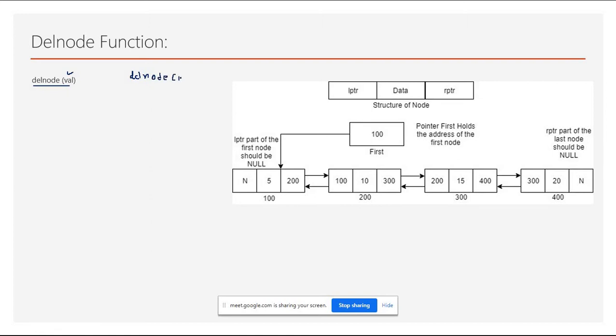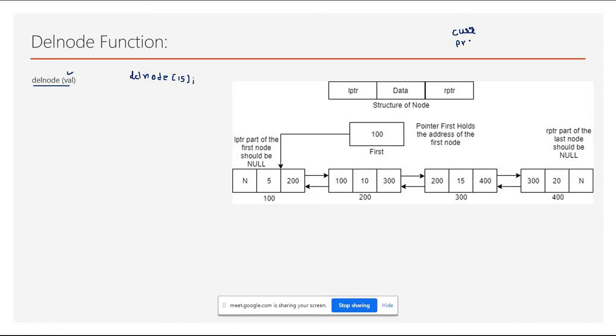So what it means, you just have to find that node in which the data part is having 15, right? So obviously it is this node, and this node you have to delete, right? But see, in the singly linked list we have taken two pointers. One is a current pointer, right? So we have taken a current pointer in the singly linked list, as well as we have to also refer to the previous node, so we have taken a previous pointer.